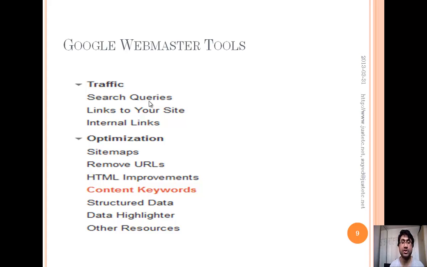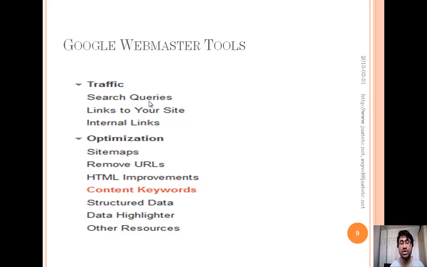Optimization, sitemaps: you can get an understanding of how sitemaps are working, errors or index, and plan on creating more sitemaps. Remove URLs: if you want to remove some URLs of your website from Google search engines, then you can use this section. HTML improvements: in this section, you will see if Google thinks that you need to improve some areas of your website so that it brings you more result in search engines, and it improves your result or visibility